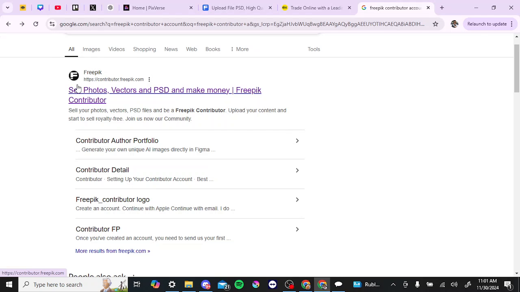Hey everyone, in this video I'll show you how to start a Freepik Contributor account. In order to do so, first off, when I went to the Freepik website and looked around for information related to starting a contributor account, I couldn't find anything. When I did a Google search, I came up with this link here,